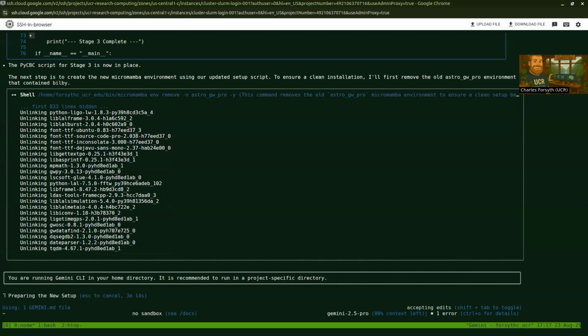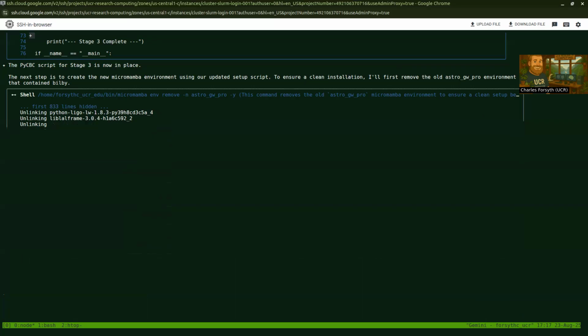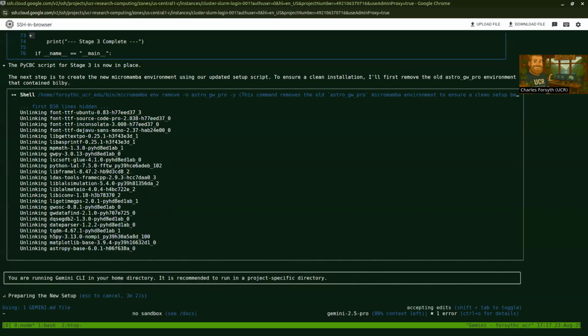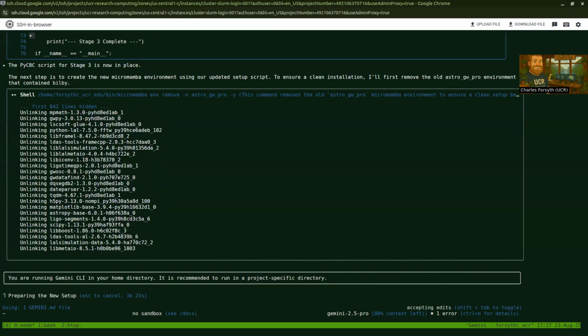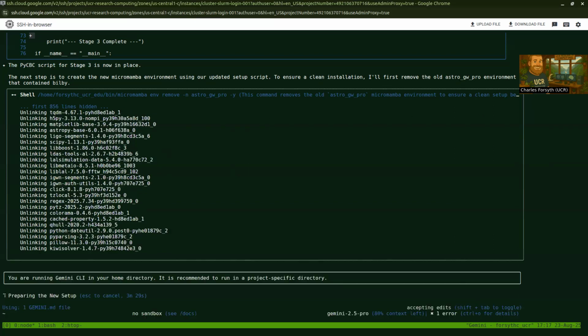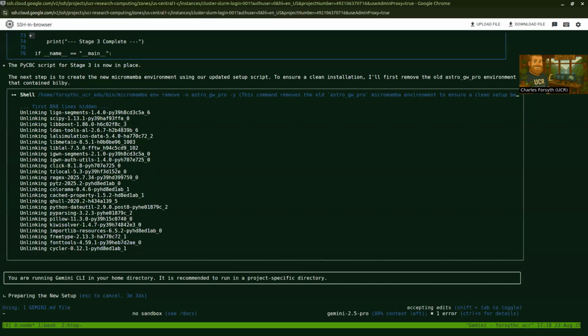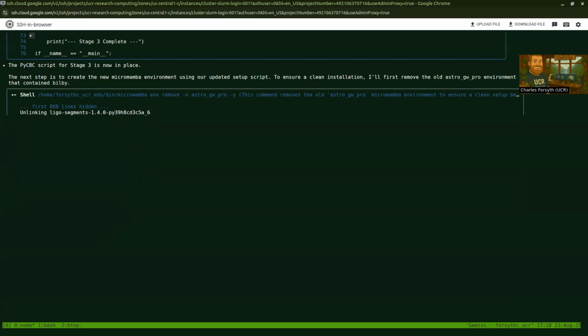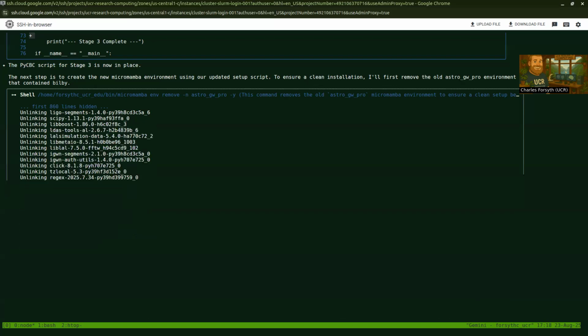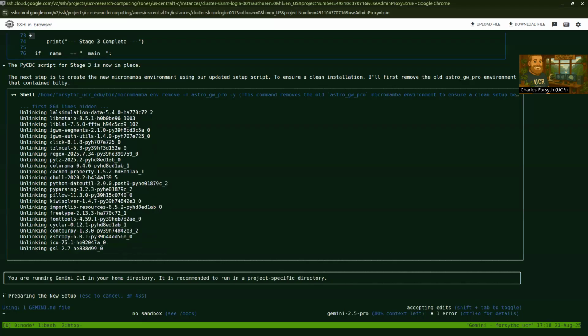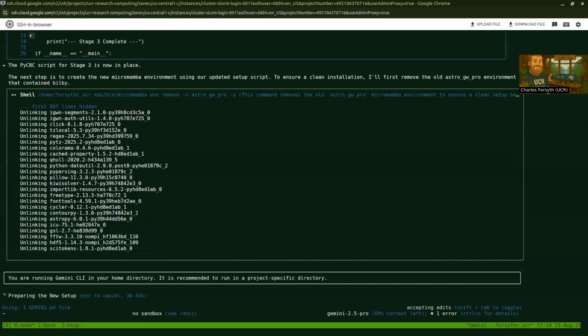And if I remember right, that's like 500 megabytes of packages. You have to be careful when using Gemini CLI in your home directory or just in general, because sometimes it does things that are valid, but maybe not what you wanted to do, like this, for example. Earlier today,